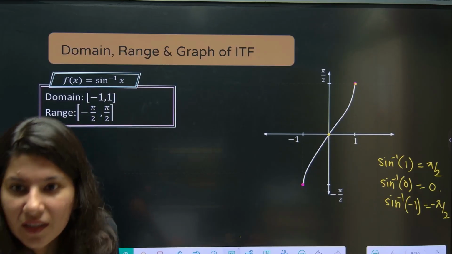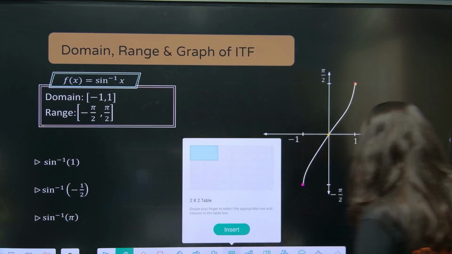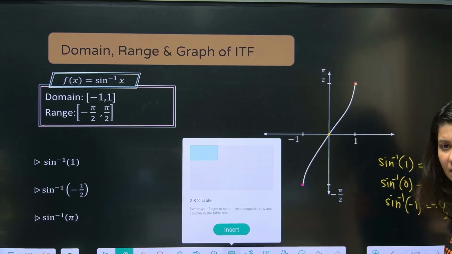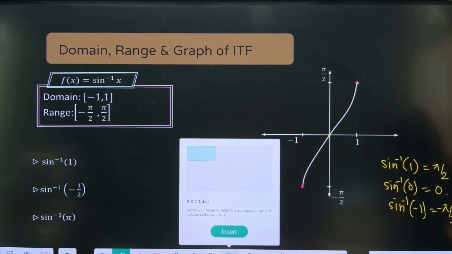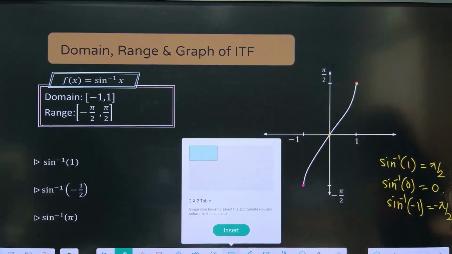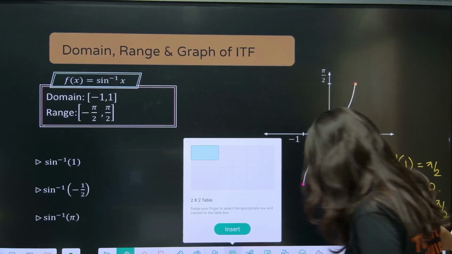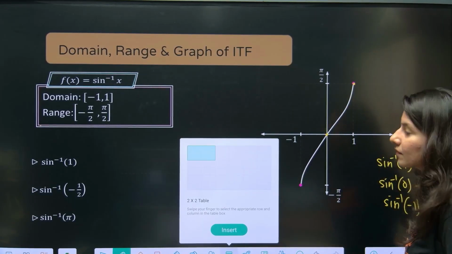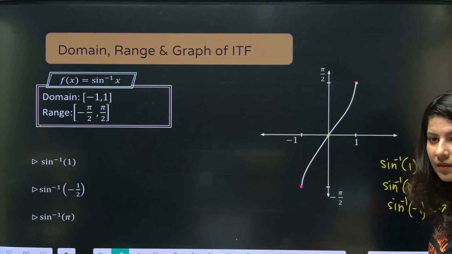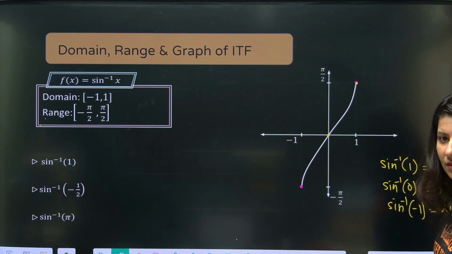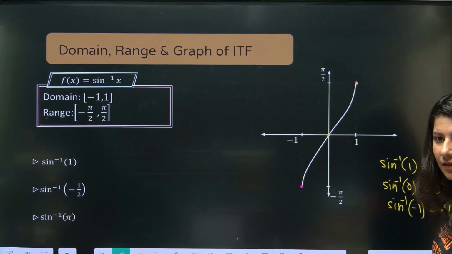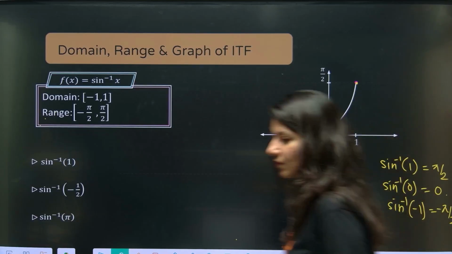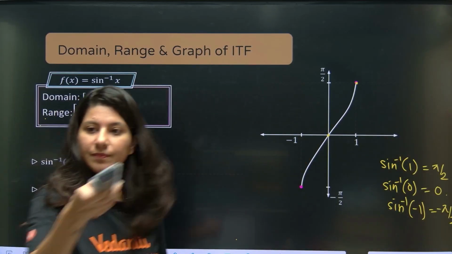Okay. I think that there is something wrong with this. Shall I make this like this or not? What is happening? Is it better now? Or shall I zoom it a bit?